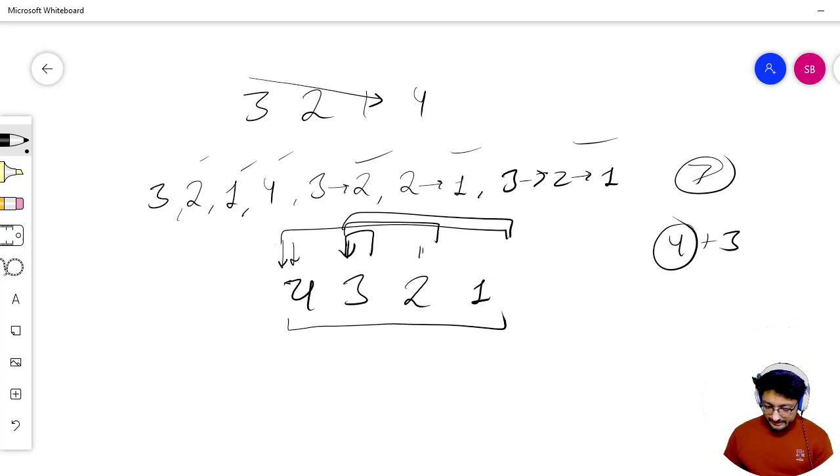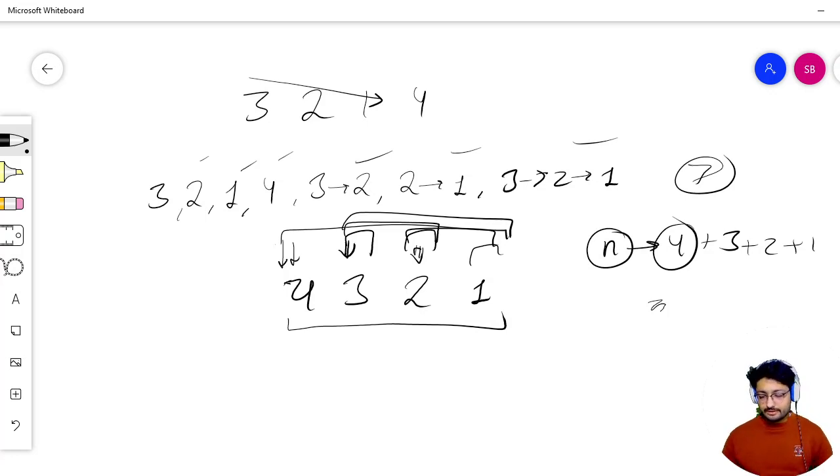Then starting from this index there is 1 and 2, so plus 2. Then the last one is 1. So if the total length of segment is n, it is just the addition of n, n minus 1, n minus 2, till 1. So it is just a summation, n into n plus 1 divided by 2.